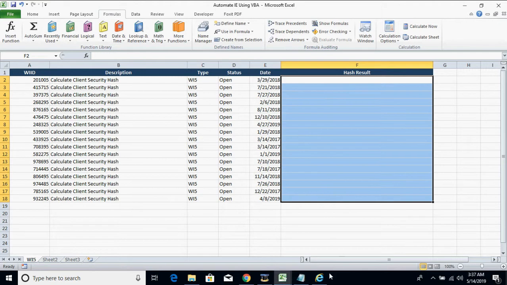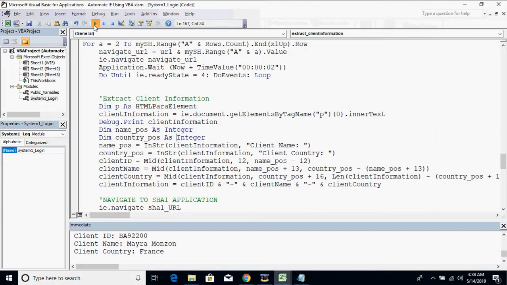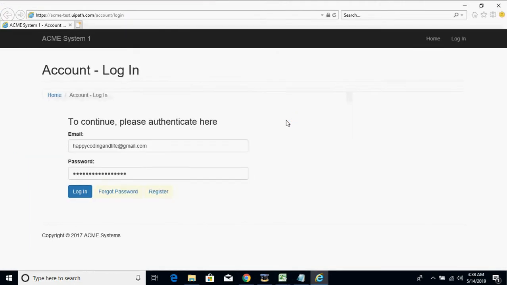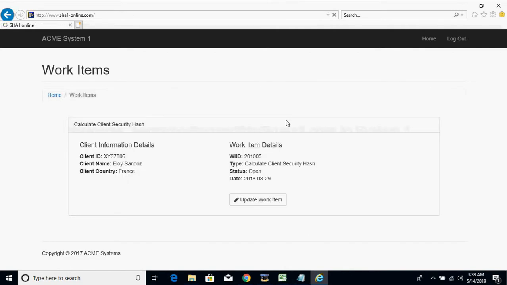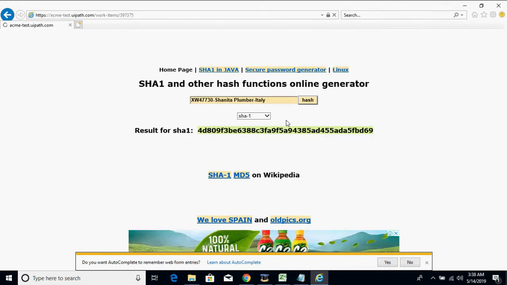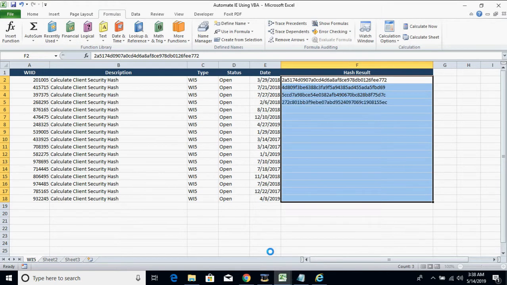So let's remove this value for now and close this IE and then let's try to run it. And yeah, it worked. It's much faster than using 5 seconds, as you can see here in our worksheet. So we'll be using this code